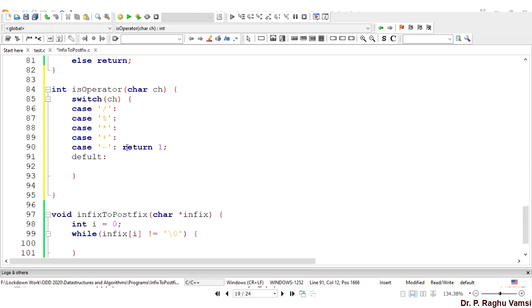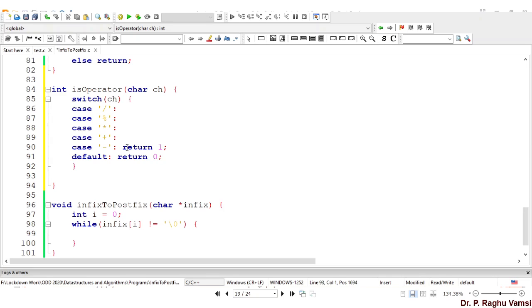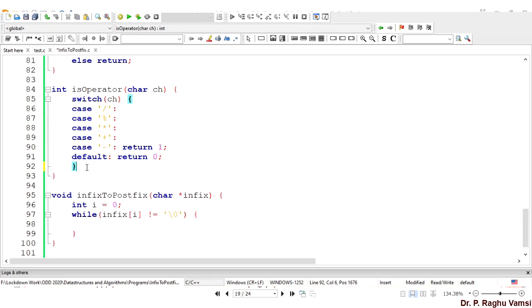Default, if not any of these, then return 0. If nothing is executed, obviously it will return 0. We need not mention it, because in the switch case itself it will decline.